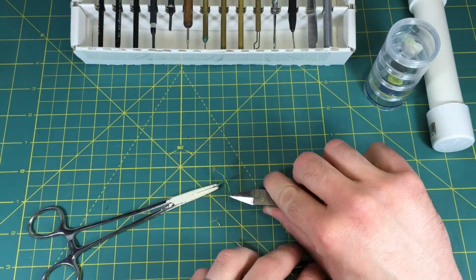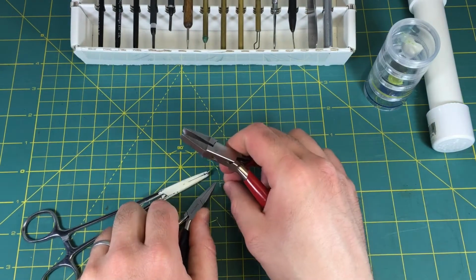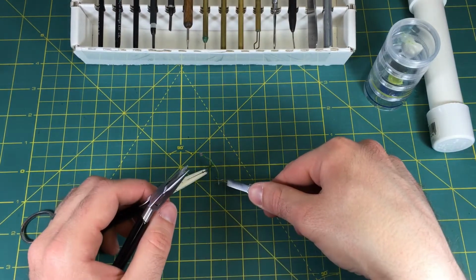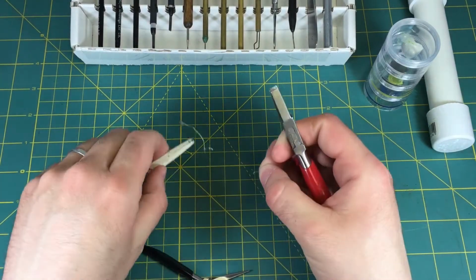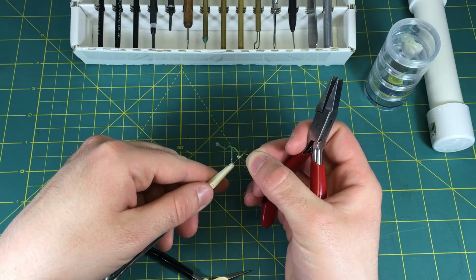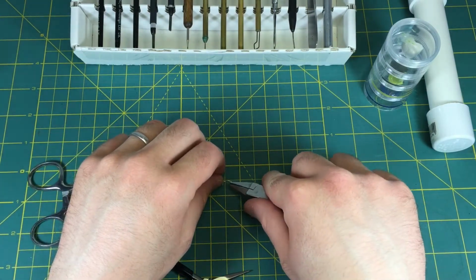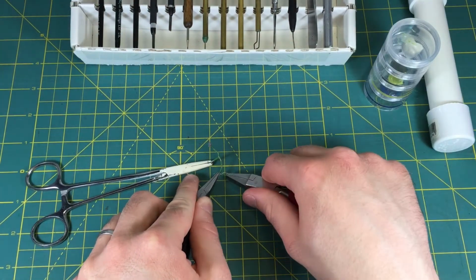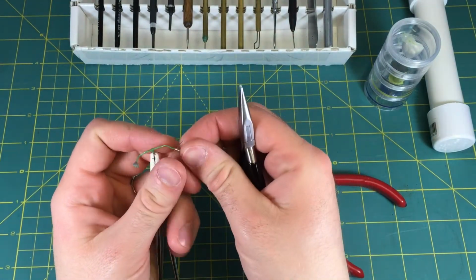So what I've started with here is I've got my base armature, and what you do is you leave the main steel wire, the 24 gauge steel wire, which is what I use to sculpt with, extended out for the hand. And then what I'm doing here is I'm wrapping around 2 pieces of 28 gauge brass wire. Those 2 pieces are folded around into a little loop that you place over the